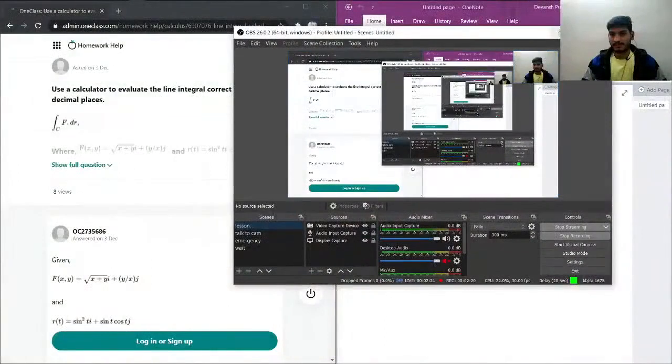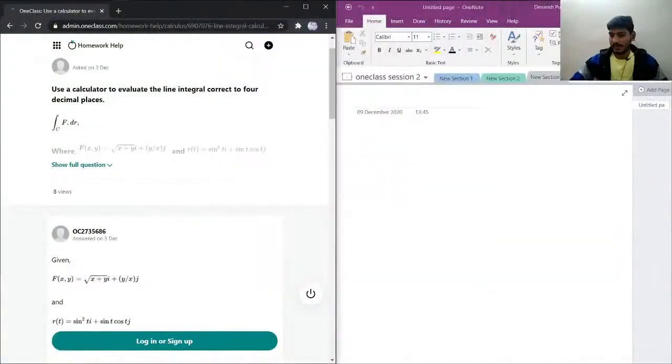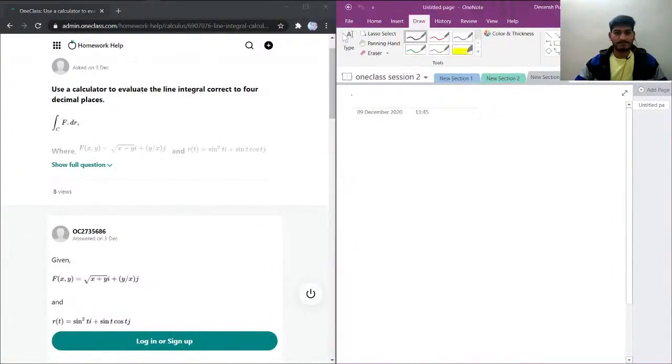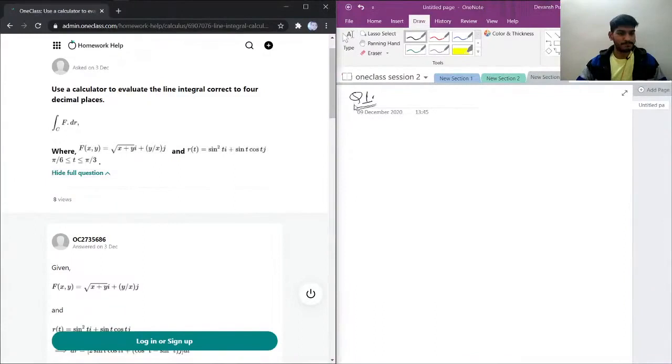So without wasting our time, let's just move to the questions. So here we have the question. Question number one. Use a calculator to evaluate the line integral correct to 4 decimal places. So we have the function